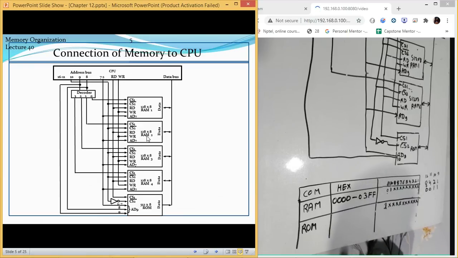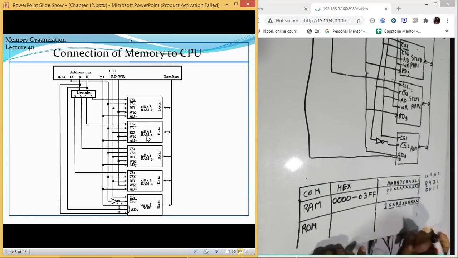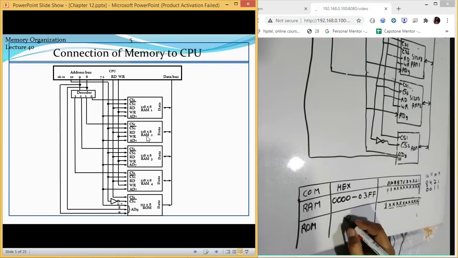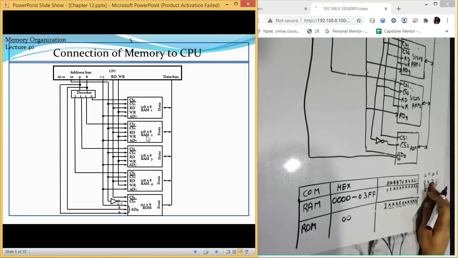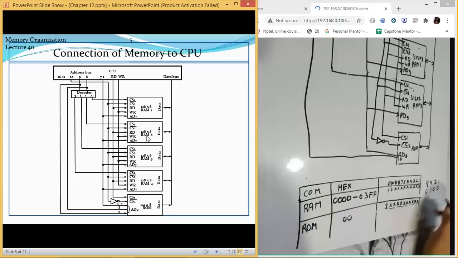So to find out the first address, we will need to make all these values 0. But this value will remain 1 because it is the 11th bit, and the 11th bit has to be 1 if we want this ROM chip to work. So now let us talk about the first address. If all these are 0, this will be 0, 0. So two values 0, and this is 0, 0. So if I put something like this, it is 0, 1, 0, 0. So it is 4.